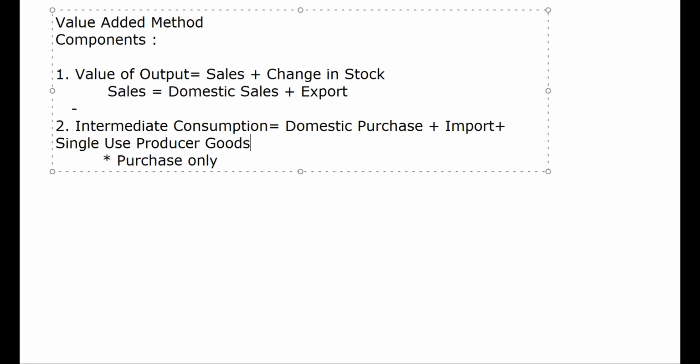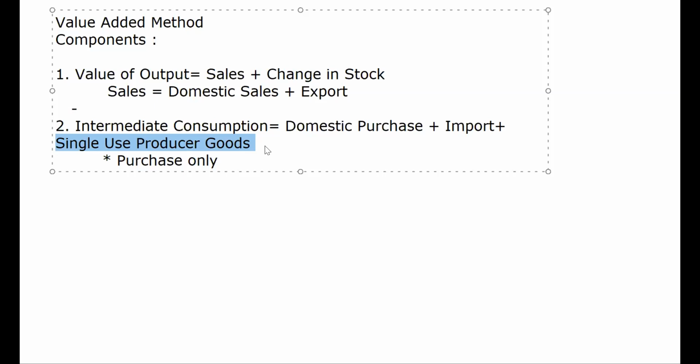If single use producer goods are also given in the numerical, you will add this also to find out the value of intermediate consumption. So intermediate consumption is equal to domestic purchase plus import plus single use producer goods.